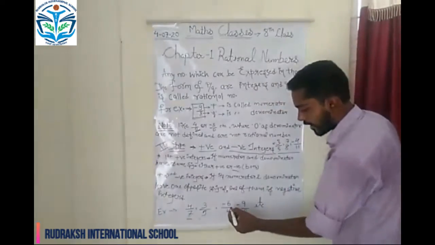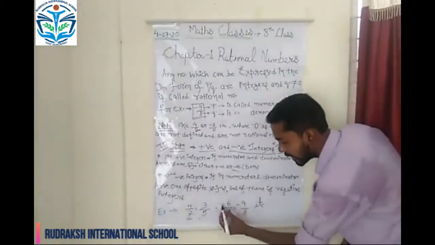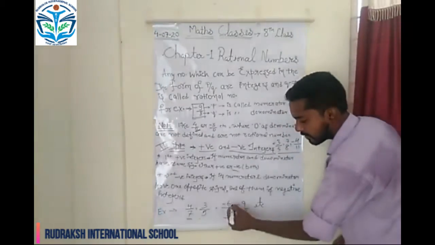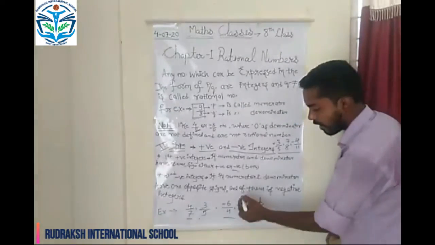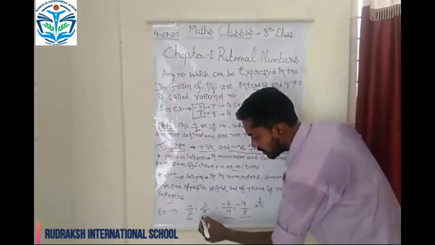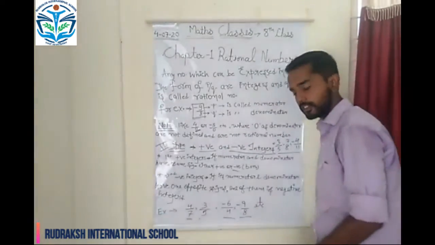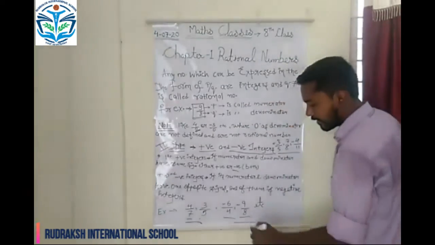Whenever we have to write any number in the form of a negative integer, we will add a minus sign in front of it. Like you can see here, a minus sign is placed in front of 6 and in front of 9. So these numbers are the negative integers, but here you can see that there is no sign in front of 3 and 4. So these integers are called positive integers. So these are positive integers and these are negative integers.